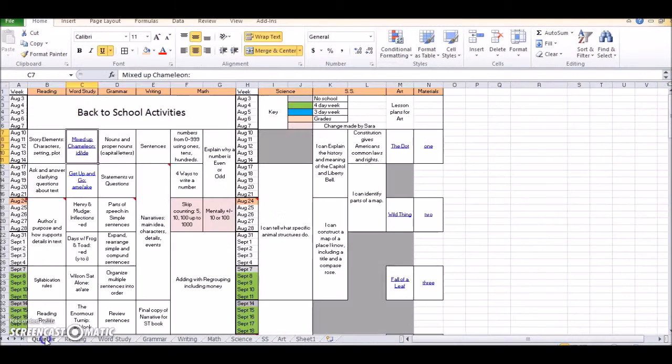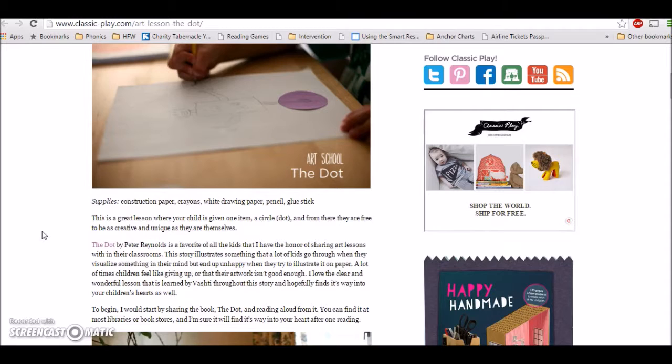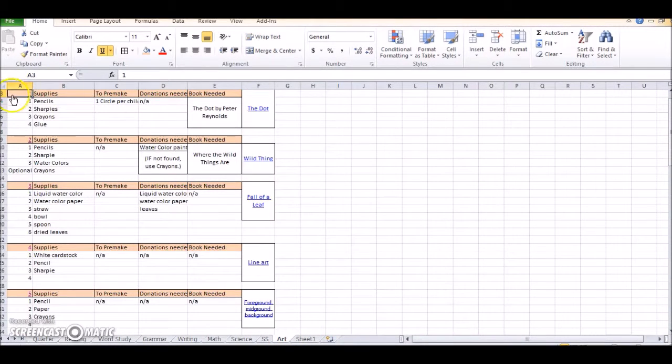Here, I'll show you. The art one's easier because it's done. If I click on here under the art lessons, it's going to take me to the website where it has the lesson that I found, the art lesson. So here it has the lesson on the dots. Then if I go back to my Excel and click on where it says materials and click 1, it's going to take me to the sheet down here, but I don't want to have to go down there and find it. So if you click on it, it automatically takes you there and it highlights 1. These are all the supplies that I need for that